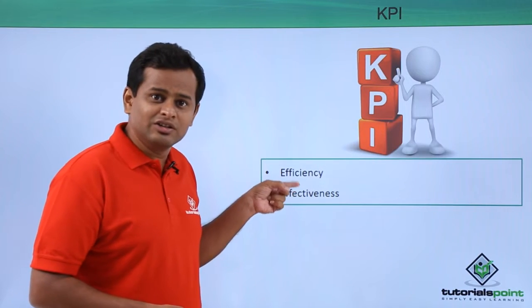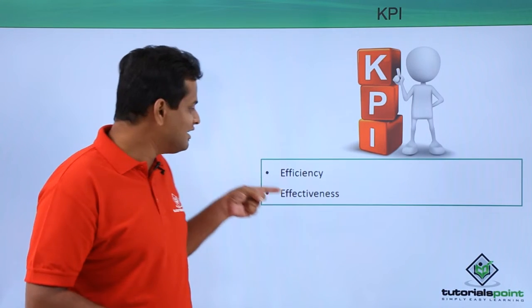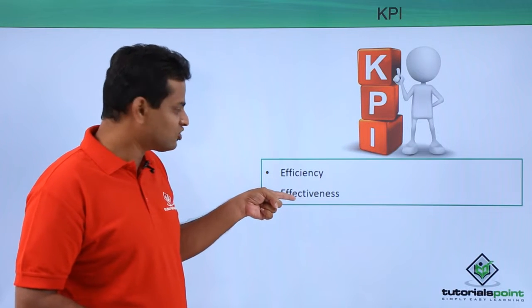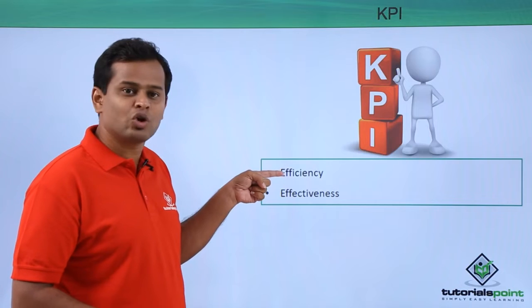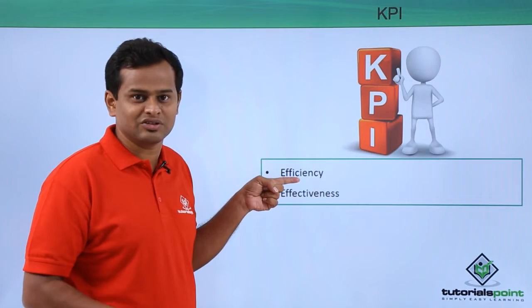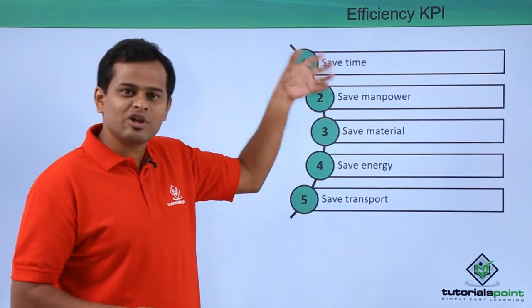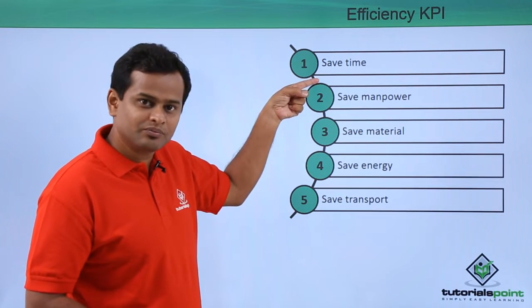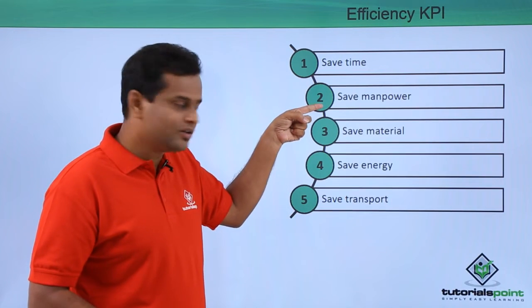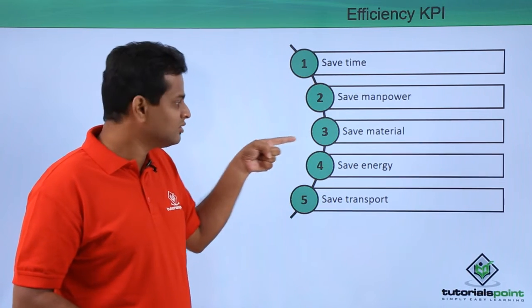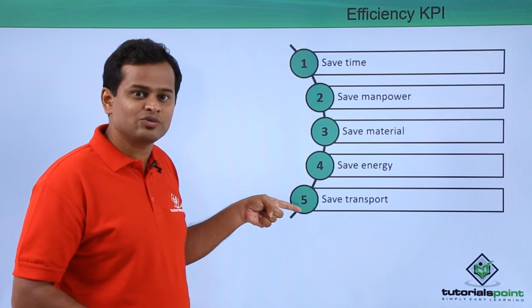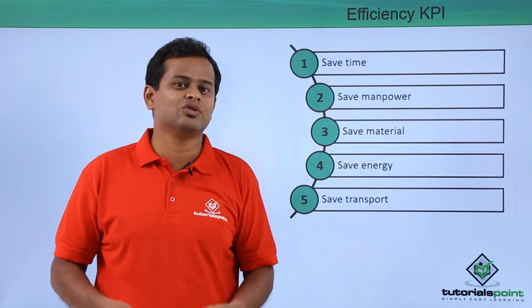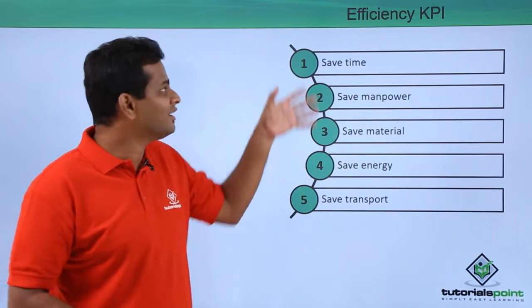Then we will be understanding different kinds of KPIs. One is the efficiency KPI and one more is the effectiveness KPI. This talks about the quality and the efficiency talks about the quantity and other things. We will be talking about some examples of efficiency KPIs like saving time, saving manpower, saving material, saving energy, saving transportation. So where all you can have a possibility of saving the resources, those all the things you can consider